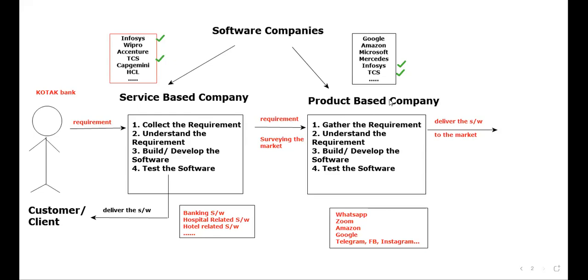Like this, TCS and Infosys sometimes have a dedicated team for product-based work, that means developing a new product of theirs. If you consider TCS, they develop new software by surveying the market, and sometimes they give the service also. So what are companies like Infosys and TCS called, sir? If you ask me, I will say those kind of companies are called hybrid companies. Sir, what is the meaning of hybrid companies? The companies which work as both service-based company as well as product-based company are technically referred to as hybrid companies. Is that clear for everyone?